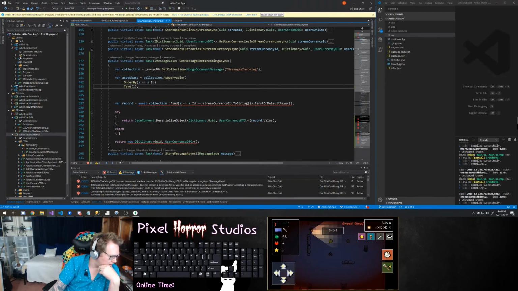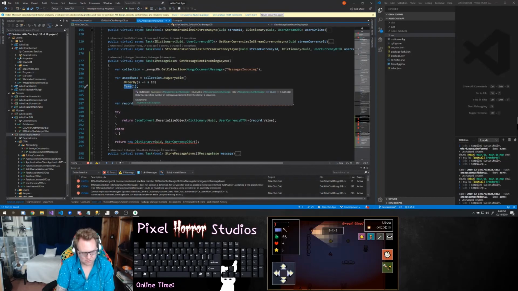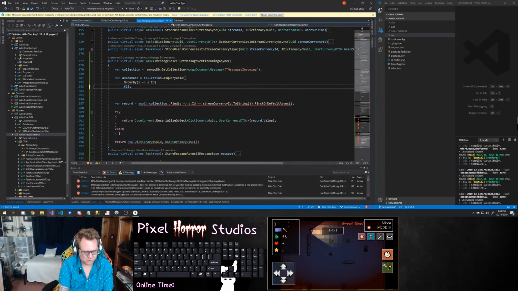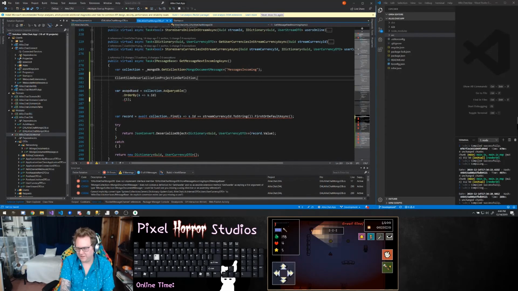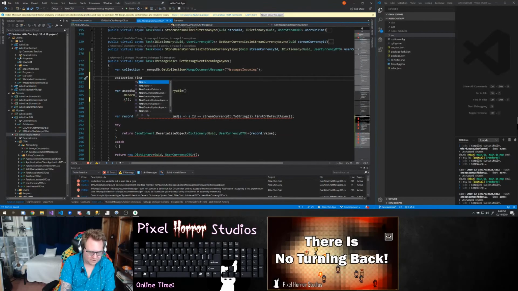So there is no await on this. So if I look at this again, instead of doing this as queryable, if I did this as a collection dot find one and delete asynchronous,